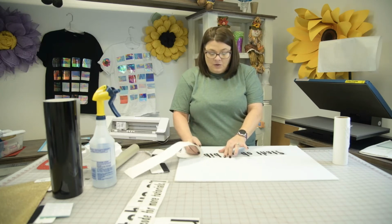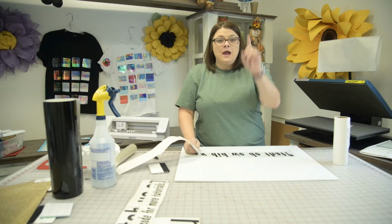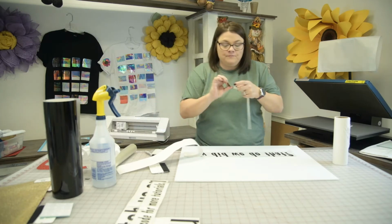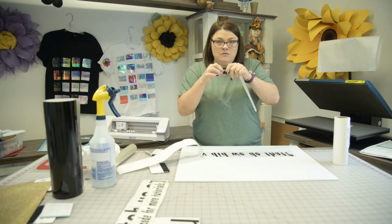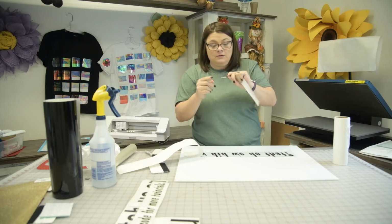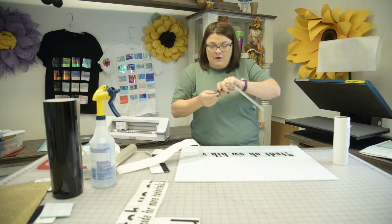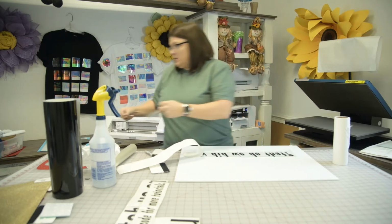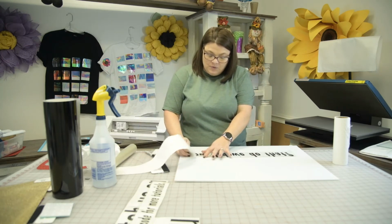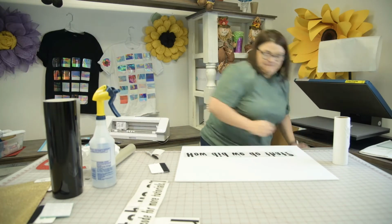And a way that you can tell if you are going to cut too deep is if you are doing a test cut and your triangle after you pull all of it out, if you can feel that triangle or you can rub across it and you hit it really good, then you know that you have cut it a little too deep. Or if you can see where it is cut, then you need to back off your force, because if not, you are going to cut into the paper and you will pull it up and have issues. You can still work with it, you can still save it, but it won't be as...